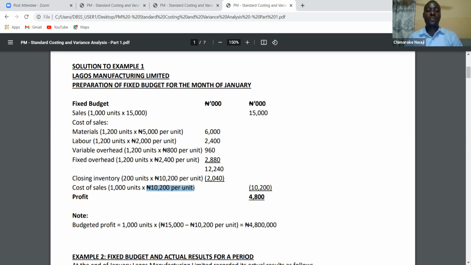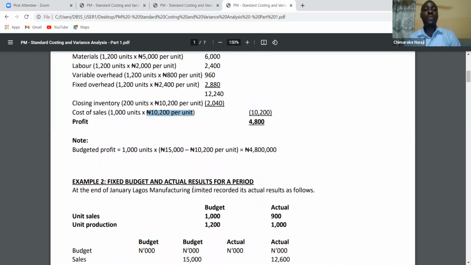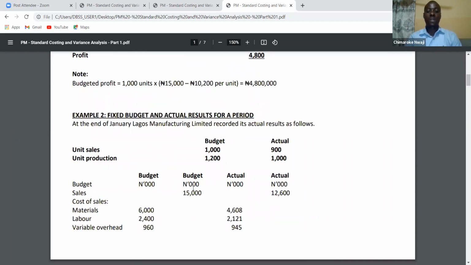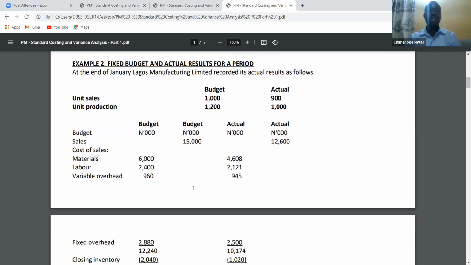Okay, so now that we've done a fixed budget, we will now need to see how a fixed budget and actual results look like. So why do we need to look at that? Because when you make a budget for production, sometimes you try to control the budget so that